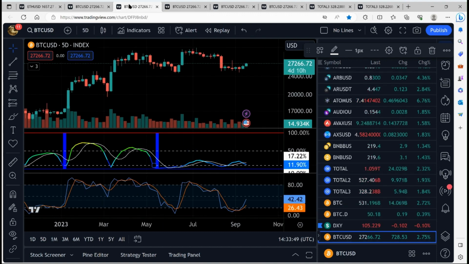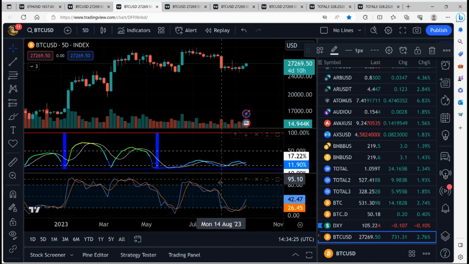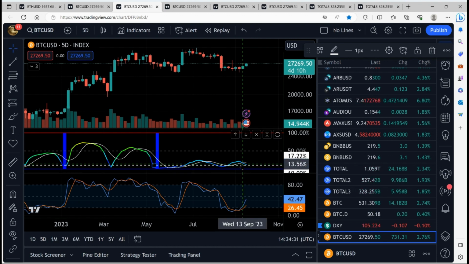Now the 5-day here had been just dangling a carrot in front of us for a long time, and not fully expanding. We were looking for an expansion back here. It kind of did have this little move downward, but didn't really get an expansive move here and started to fizzle back down, which is currently what we're doing. We are headed back down to about 12%. We were a little bit higher.